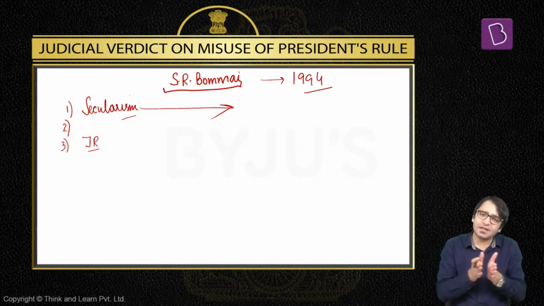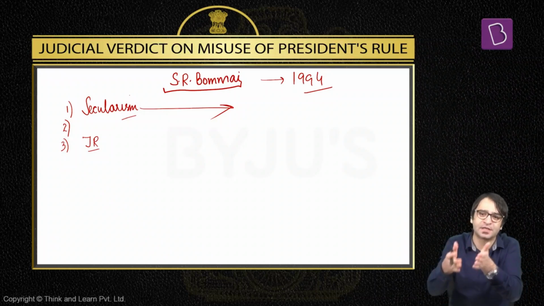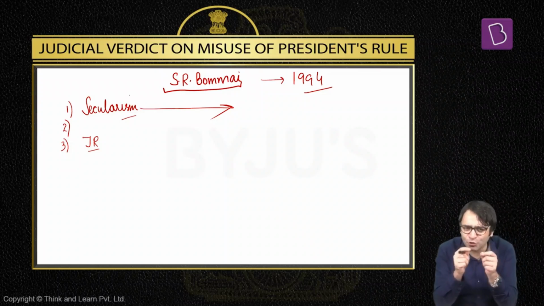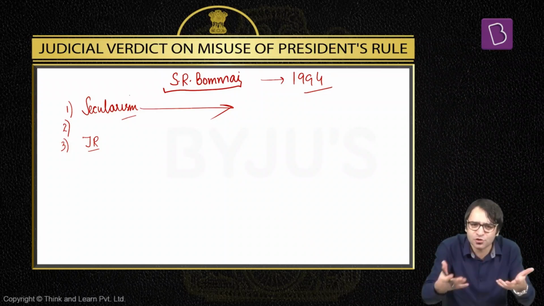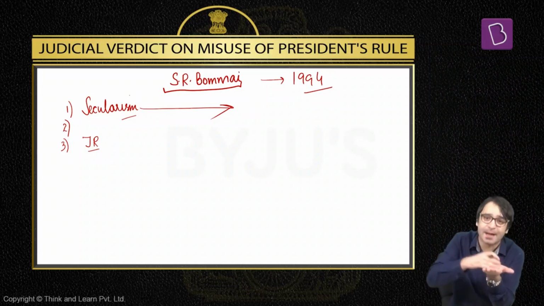How is President's rule imposed? The Governor submits a report to the President. The President gives the report to the cabinet. The cabinet discusses this and then advises the President to please impose President's rule in the state. And here, if there is judicial review, that means you are trying to get into the advice tendered by the Council of Ministers to the President. What is judicial review? We will review on what basis you imposed President's rule. But where is it mentioned? In the advice tendered by the Council of Ministers, the cabinet, to the President.